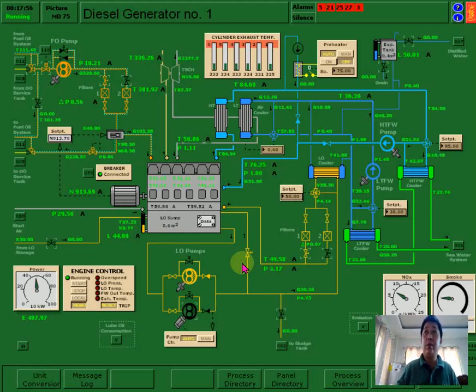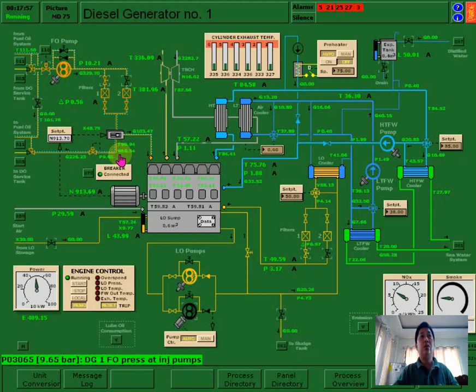Later on we can see the automatic starting and stopping of the prime mover, automatic synchronizing, and automatic load sharing. We'll see later on. We just stabilize what we call our generator. Now it's at 99, so I will also change over number 2. I will proceed to number 2.